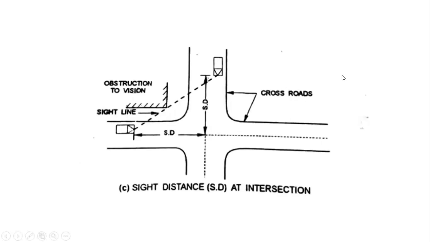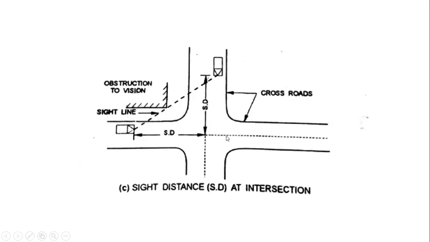And the third scenario is nothing but in the case of an intersection. So most of you have come across this. So this is a four-legged intersection. So why do I call it a four-legged intersection? Because there are four approaching roads coming together and forming a junction. So there are like different five leg, six leg, seven leg, whatever it is. Okay, so this is called a four-legged intersection. So you have four, I mean you can see here one road, two, three, and four.